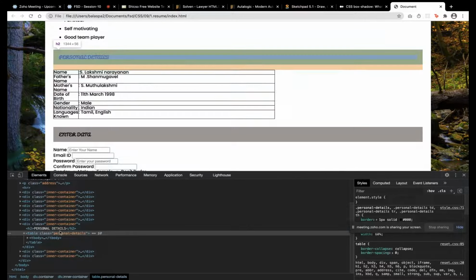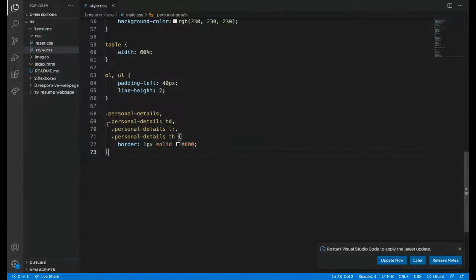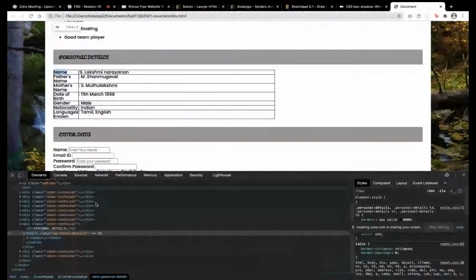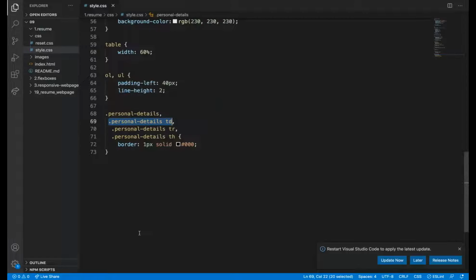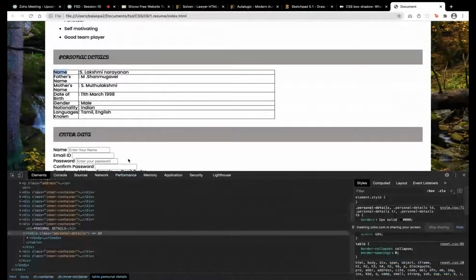So I have just added a border here just to tell you that this is also in the table structure. By seeing here itself, you can understand. But just to make you understand where the TD tags are present. So these are all the TDs present. So we want spacing between these. What we usually do for spacing is padding in the box model. So we want to add padding to the TD. I think there is no TH tag here because there is no heading. So I can make it padding 20 pixel. So for all four sides, 20 pixel will get applied.